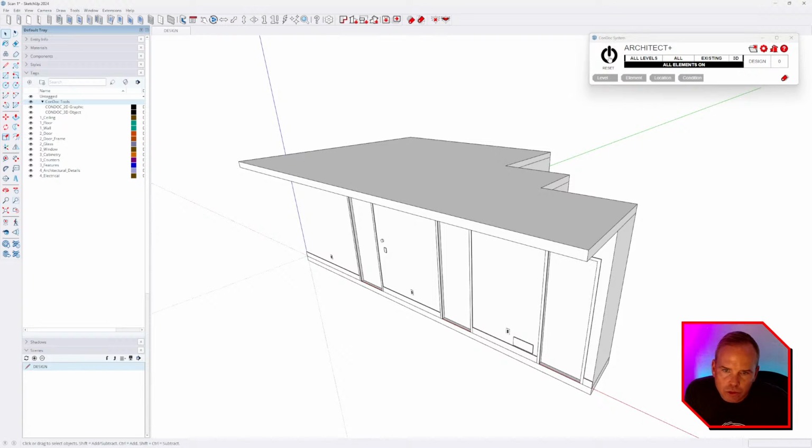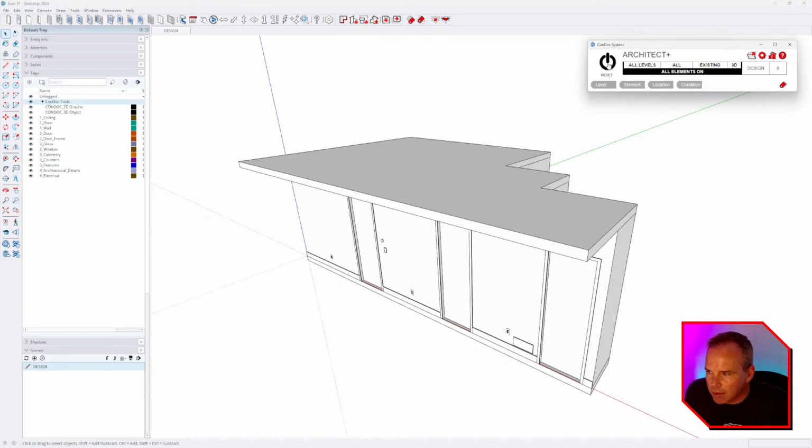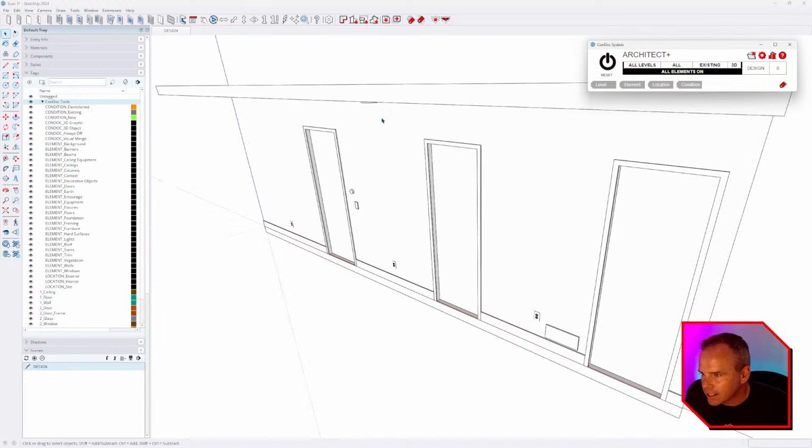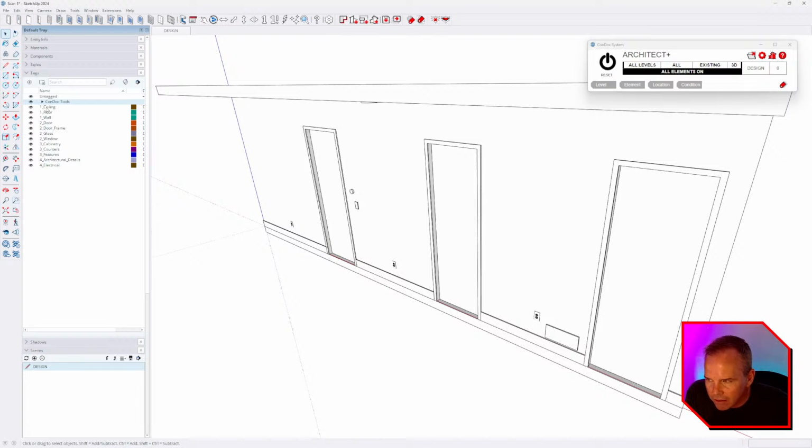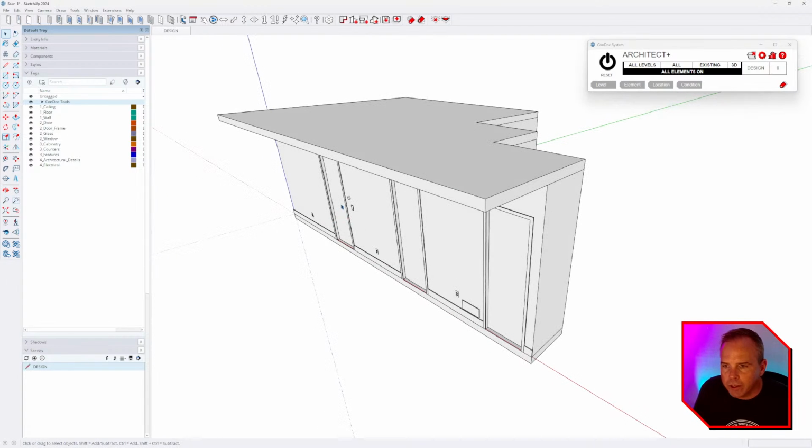So whenever you load a new drawing set, all you have to do is hit the reset button and watch what happens over in my tags dialog. When I hit reset, it loads in these tags, which are all of the tags that are defined in the drawing set. And anything outside of the folder is not defined in the drawing set. So when we create drawings using the Condoc tools with this drawing set, all of these tags are going to